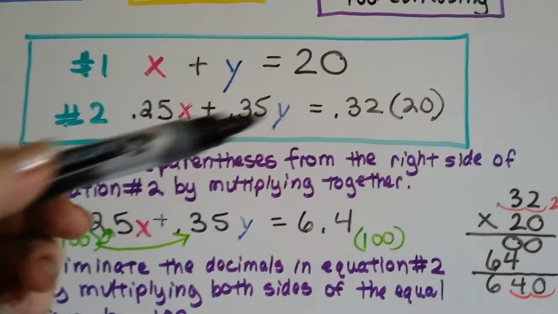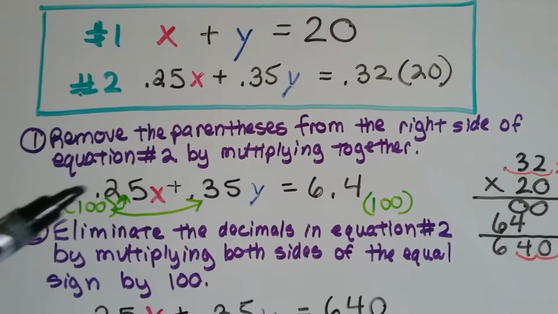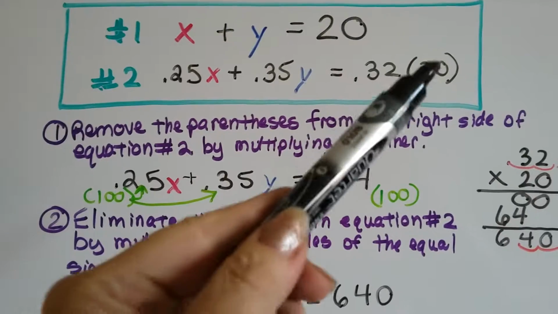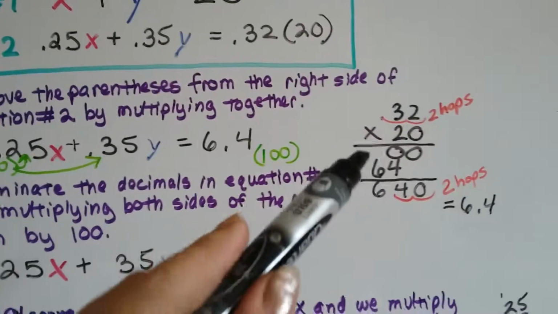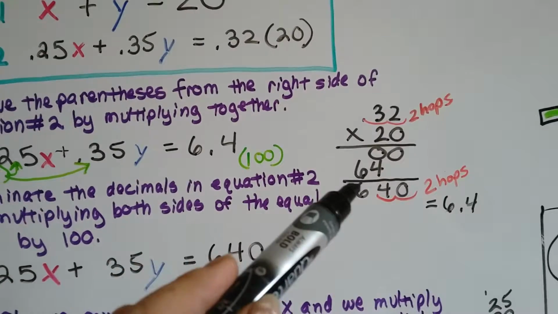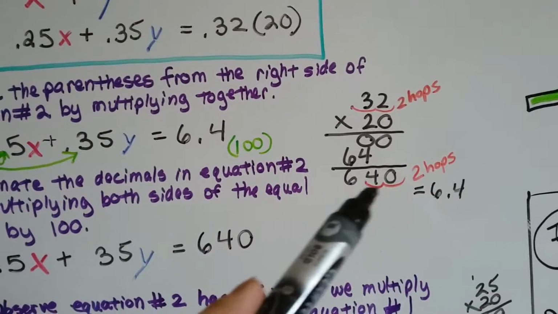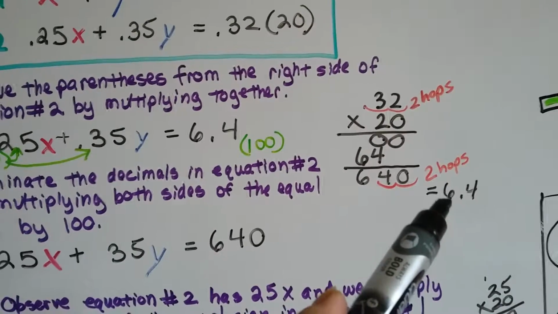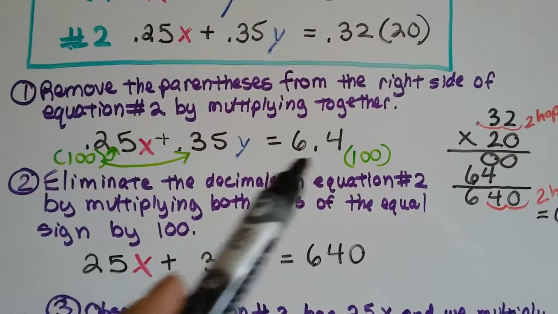So the first thing we've got to do is remove this parentheses from equation 2, and we do it by multiplying these 2 together, 0.32 times 20. And what we do when we multiply 0.32 times 20 is, remember there's 2 hops over for the decimal point in the equation, so there's 2 hops over in the answer, we end up with 6.4, okay? So now we've got 6.4